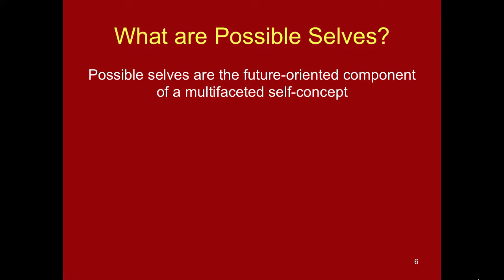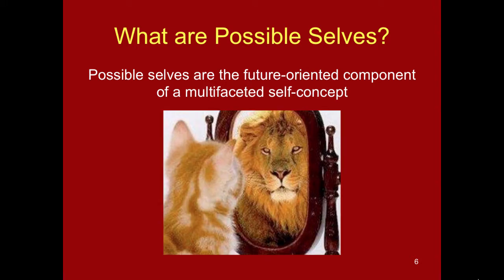Our self-concept encompasses all of these roles we play in our life, and our possible selves are our hopes, dreams, fears, and expectations for the future of these roles. Think about yourself in the role of a student. What are your hopes and expectations for yourself after graduation? Do you have a fear of the consequences that may result if you don't accomplish these expectations? Do you often imagine or visualize yourself in this future role? This is your possible self as a student.